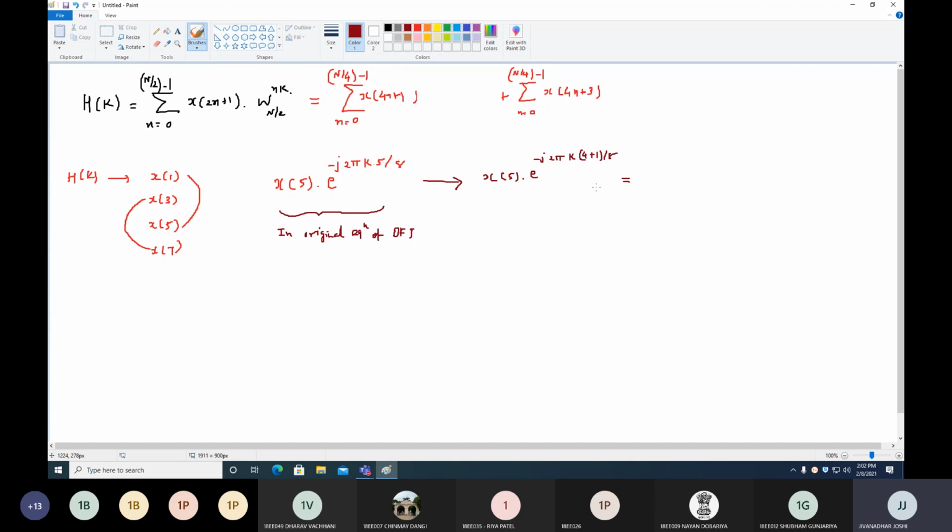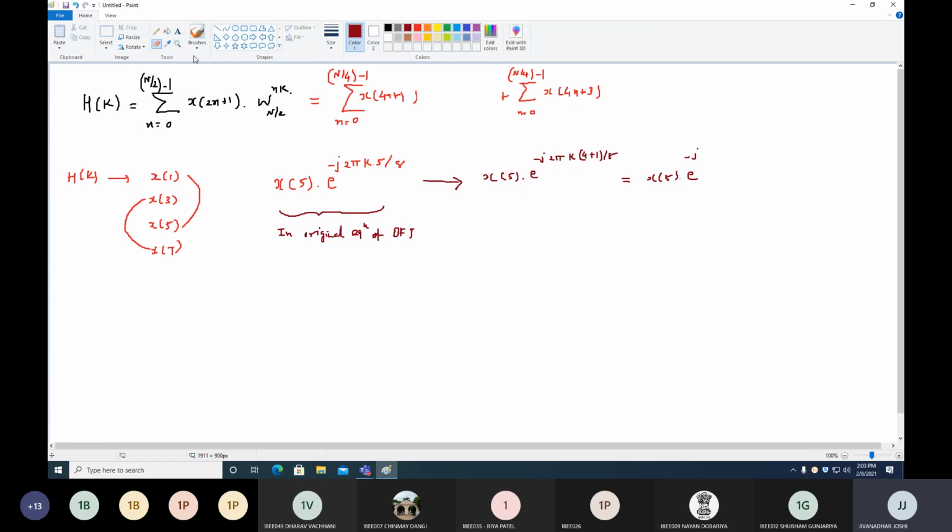This is equal to x of 5 into e raised to minus j 2 pi. Yes, it is 4 into 2 is 8. So 8 in the denominator, 8 in the numerator will cancel. So ultimately this is equal to